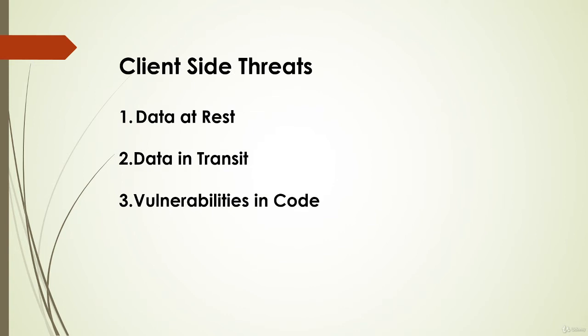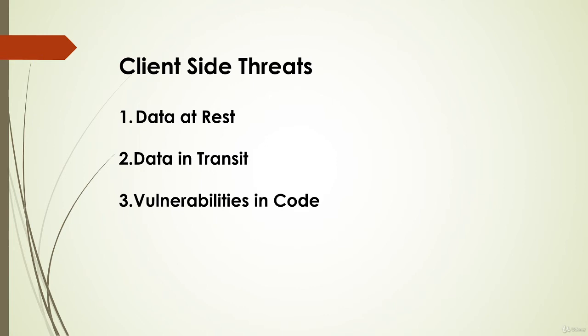That comes under dynamic analysis. Now client side threats are the same as I discussed previously. Data at rest, which is static analysis, is the data stored in the Android device locally or in the APK locally, like sensitive credentials that are hard coded. Data in transit is the same as the man in the middle attack, where an attacker is able to intercept the data transferring between the Android device and the target server, and is able to manipulate or oversee the data, like credentials going in plain text or manipulation of the session keys.